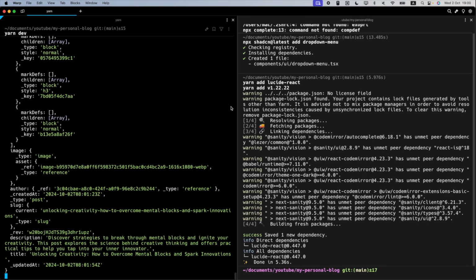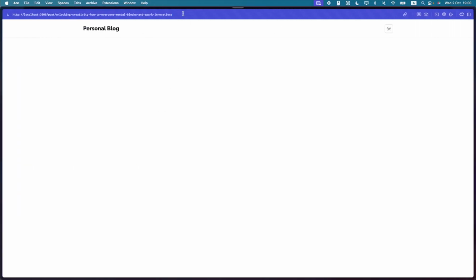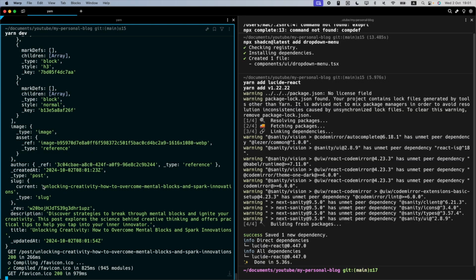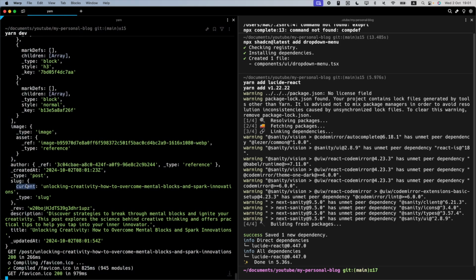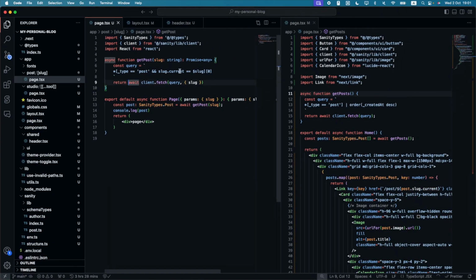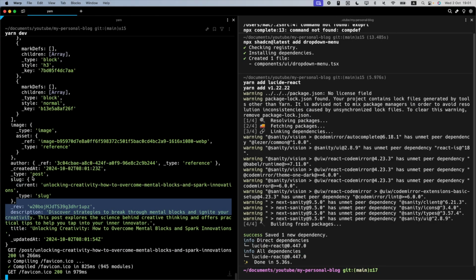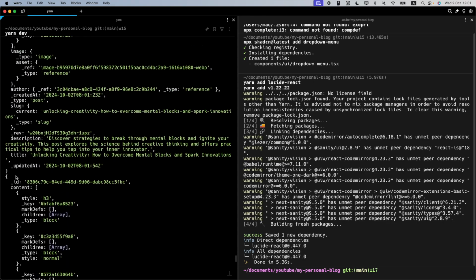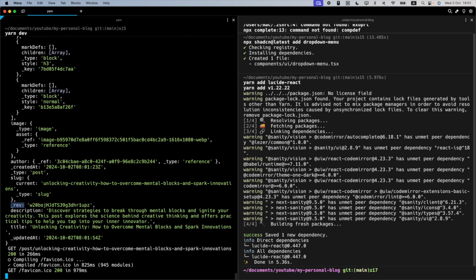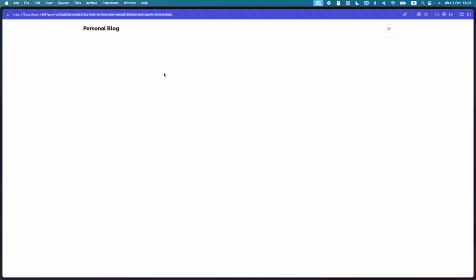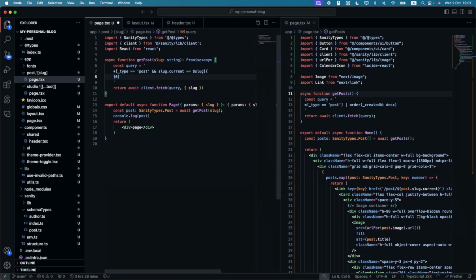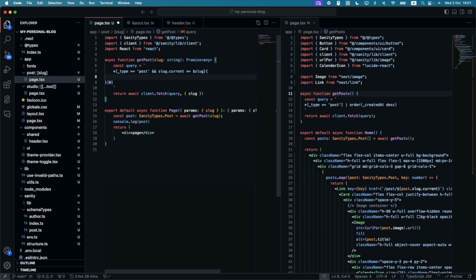So if we come to our function and reload this page, this is the slug. Oh, here is the post with that slug. So slug.current, and that's what we're querying based off. So slug.current. We don't need all these extra properties like rev or a lot of other properties. So we can actually define the exact properties we need. So if we come here, we can say, hey, Sanity, we only need,